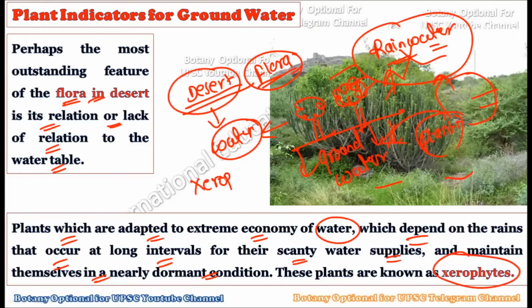As you know, when you talk about desert plants, the majority are xerophytic in nature because they always face scarcity of water and they are typically dependent on the rainwater or the groundwater for their survival. So whenever there is rain, which is in very small quantity, they use that rainwater to complete their life cycle. Such plants which remain dormant for the maximum period of the year and become active during the rainy season are called xerophytic plants.